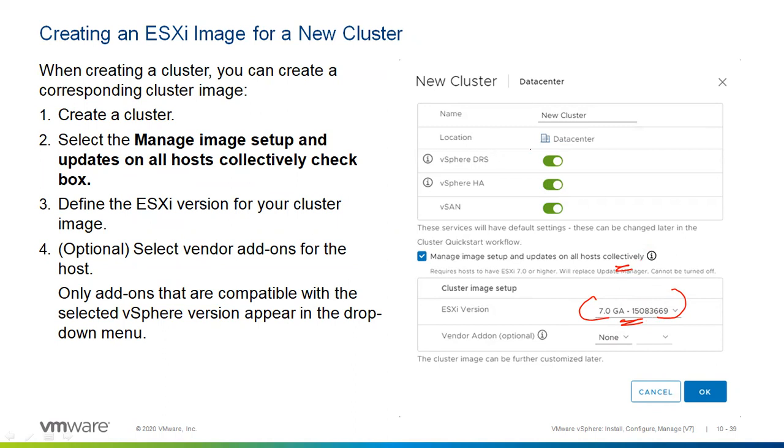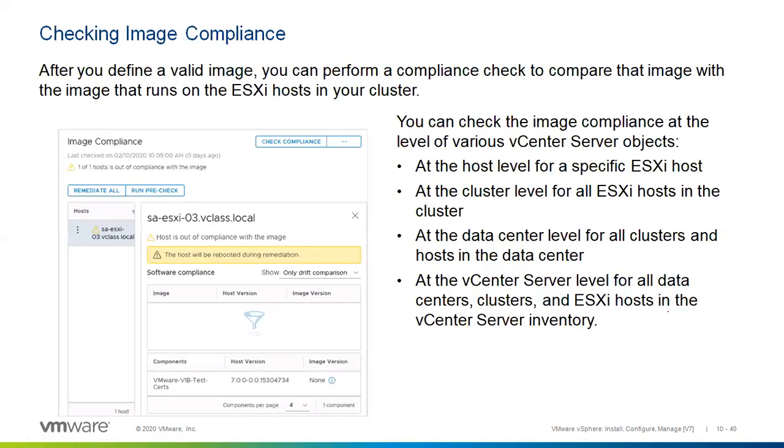Probably you remember when we were just turning on the vSphere cluster, I told you there is a tab manage image updates all hosts collectively. It means this image has been aligned here. Can I change this image later? Yes, you can change this later. Like tomorrow you have the new version, so you can fetch it here, and during the upgrade cycle,